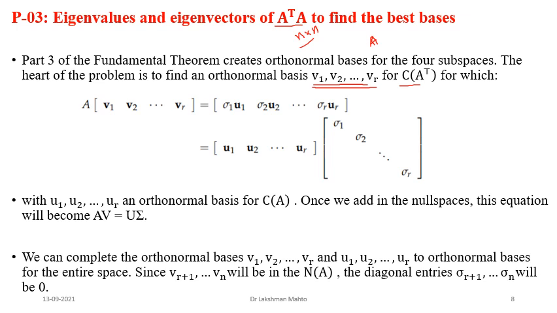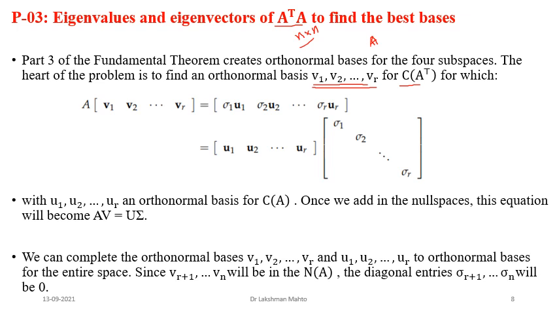Also in Python, there are several commands. Instantly you will get those eigenvectors. And for these we will observe that it follows a specific rule. If you apply matrix A over any of the eigenvectors of A transpose A, then it will give sigma i times ui, and ui happens to be what? Ui is again an orthonormal vector, and all those u1, u2 up to ur form an orthonormal basis for the column space. So that is the relation.